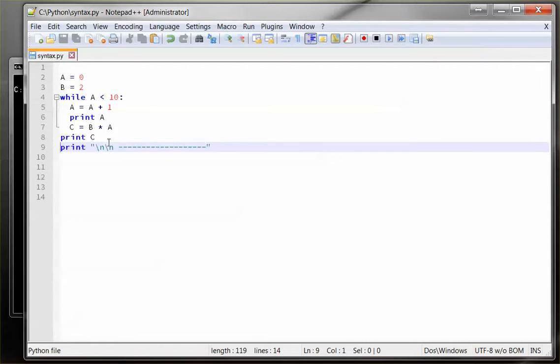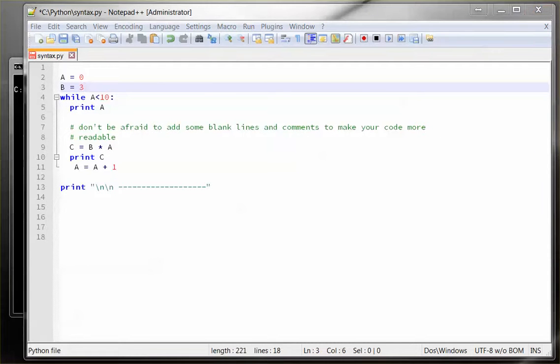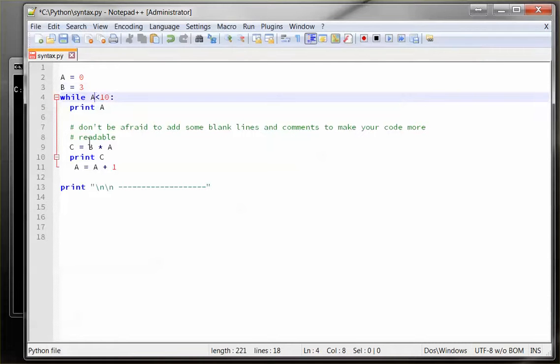So again, very important. How you line up your statements has a drastic impact on how your code is executed. Okay, on this next block of code here, I want to bring out a couple of examples. You'll notice this has changed a little bit from the while statement we had in our previous example. In a very minor way, but what we had before was a space on either side of the less than